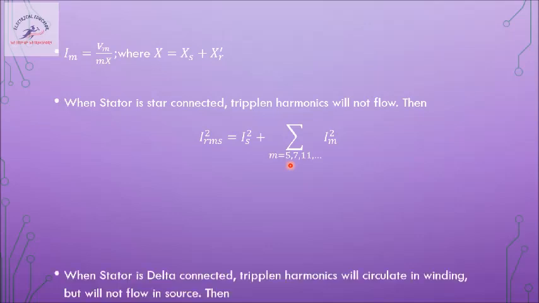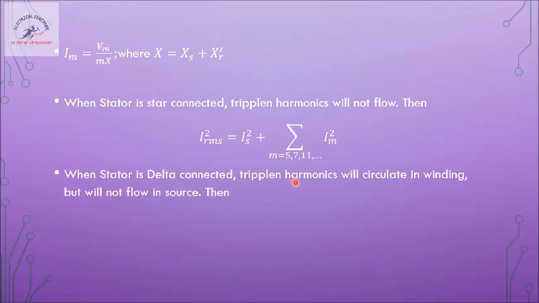But when the stator is connected in delta, these triple-N harmonics will circulate in the stator winding but will not reflect in the line, so the RMS current equation will include 3; 6 is not there because 6 is an even harmonic. Only odd harmonics will be present, so 3, 5, 7, 9, 11, 13, 15 will be there, then 17, 19, 21 will also be there because it is a delta connection. So this finds the RMS value of the supply current when the harmonics are present. The harmonics will be present when the supply voltage is non-sinusoidal. So that is our analysis.